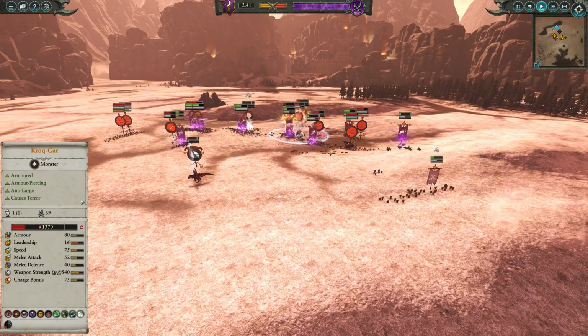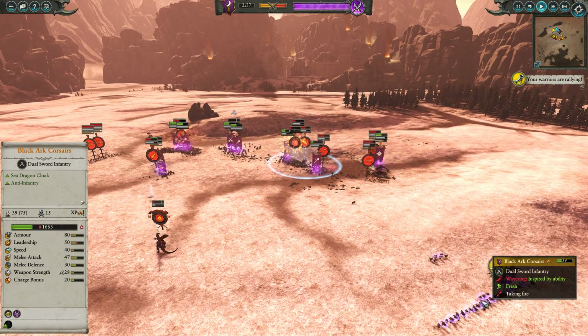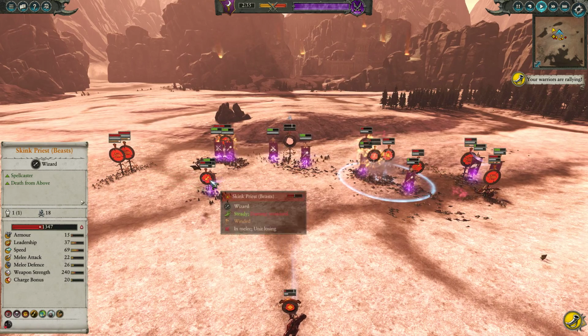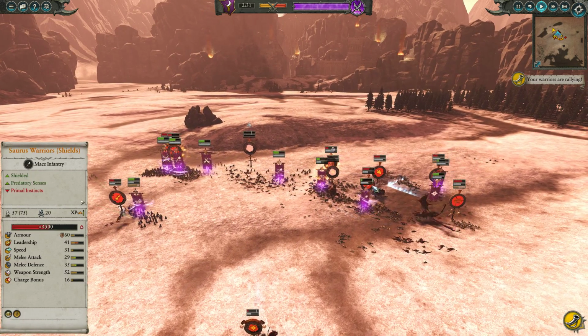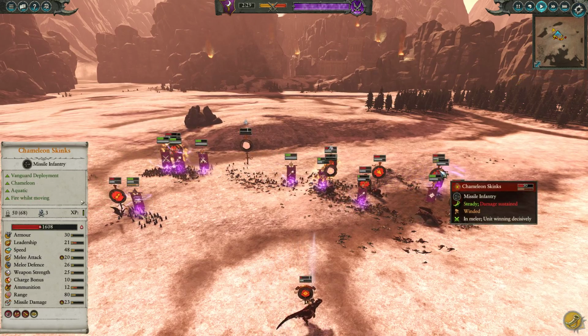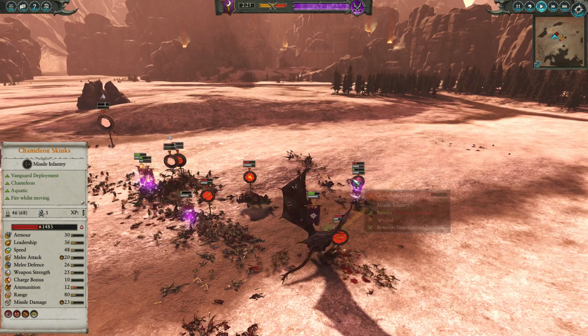And now my opponent's Krok-Gar didn't rout too far, so he will be able to get him back into the fight. You can see some of my troops, like Blackguard Corsairs, have routed because they just don't have the best of morale. Skink Priest dying, getting pulled down into the pits here. And you can see I do cast another Gaze of Malice. The Gaze of Malice seems to be really ineffective against the Chameleon Skinks. There's such a dispersed